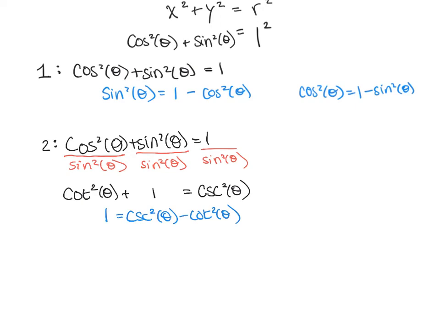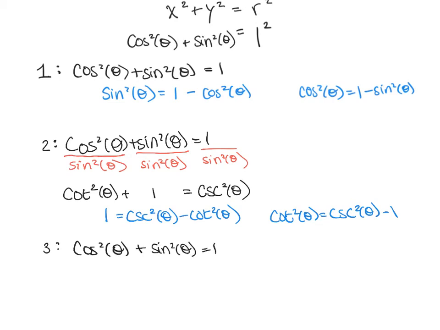Or instead, if we were to subtract 1 on both sides, you might see that cotangent squared theta is equal to cosecant squared theta minus 1. So this is our second Pythagorean identity. Our third Pythagorean identity comes from the first one again. So if we write down cosine squared theta